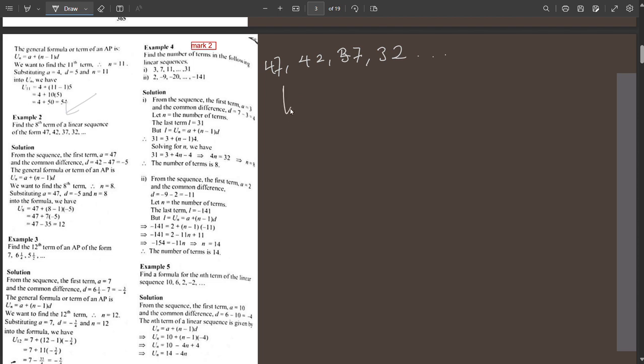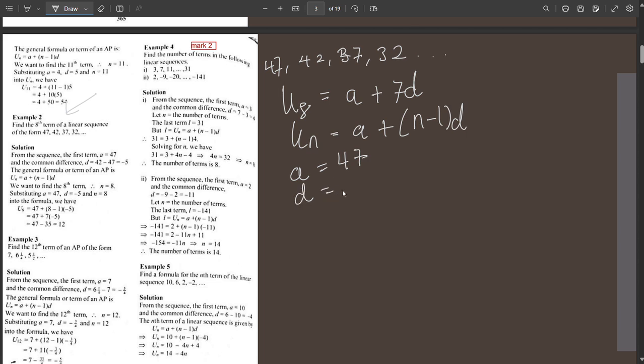Just write the formula. The eighth term is equal to A plus, always remember it's always n minus 1, so 7D. It's simple as that. But for exam's sake, you have to write the formula. Then you come down to state your A. A is equal to 47 and D will be equal to